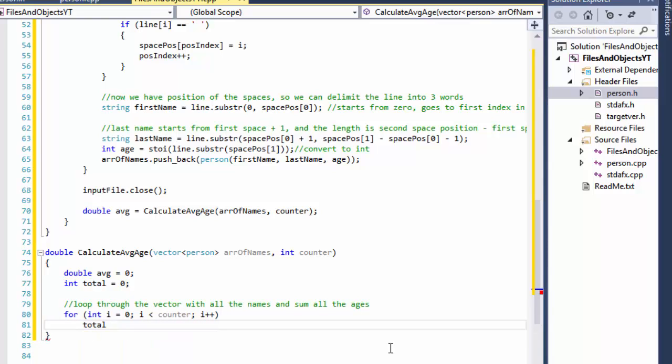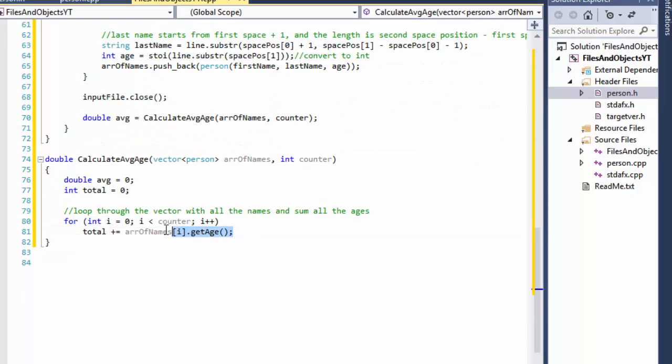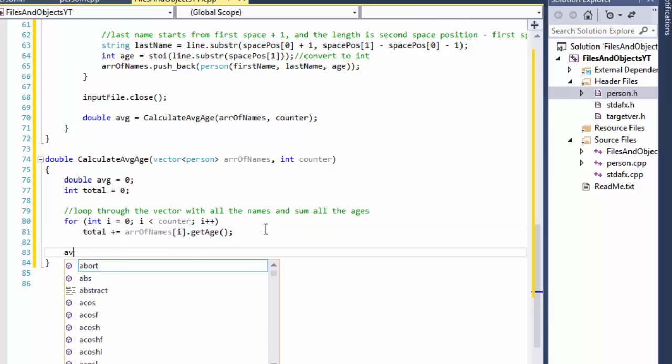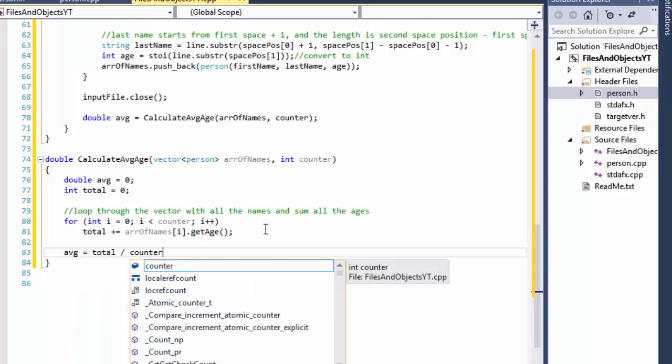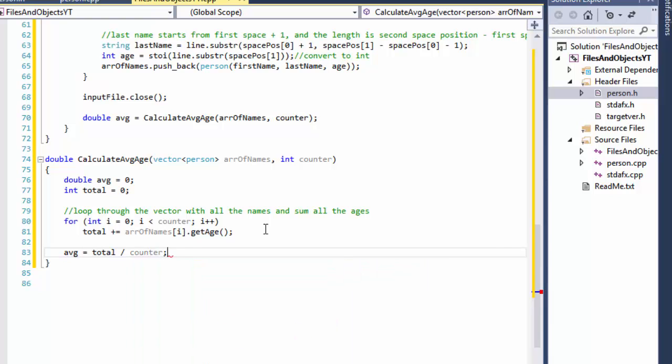And to our total we will add each name's age. So array of names of I, the element I, dot, and we will call the getAge function, and it will return the age of that person, one person at a time. So it loops through all the people in the array and adds the age of each person to our total. So now when we have the total, we can calculate the average. Our average is simply equal total divided by counter. Counter holds the number of people in the array, so it's basically all the ages divided by counter